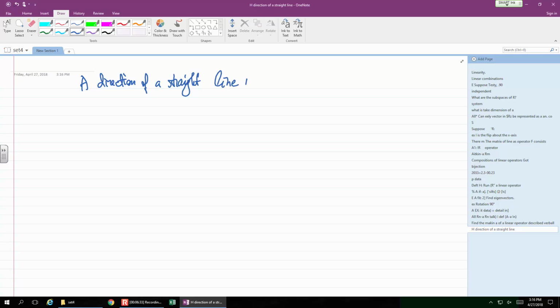And straight lines might appear in two ways: either the standard pre-calculus way, y equals mx plus b, or the symmetric general equation of ax plus by plus c equal to 0. So one or the other. Naturally, the second is more general than the first. The first is a special case of the second, right? So you can just as well ignore it and concentrate on the second one. So how do we find the direction vector? It's usually read from